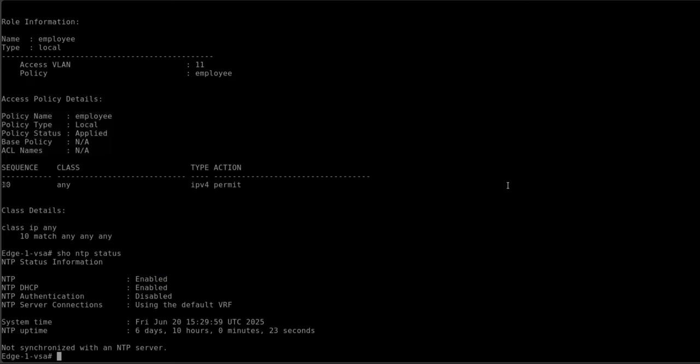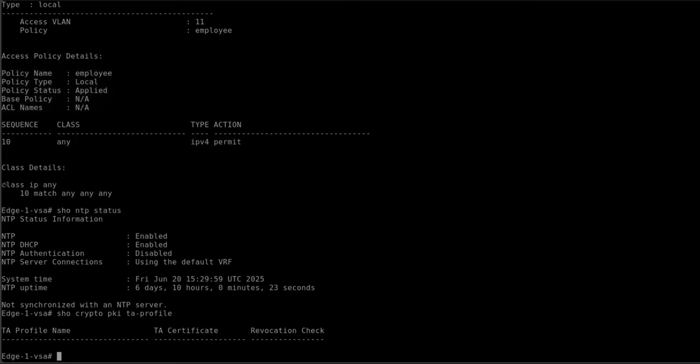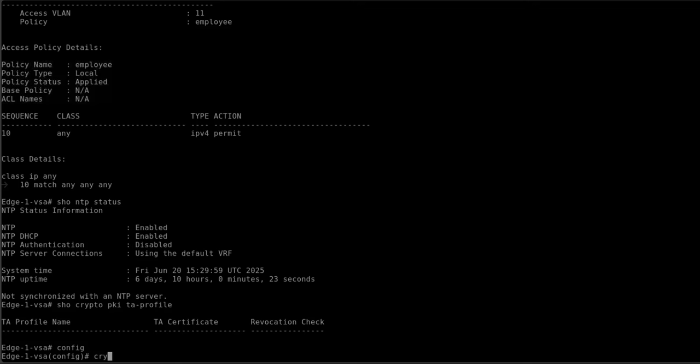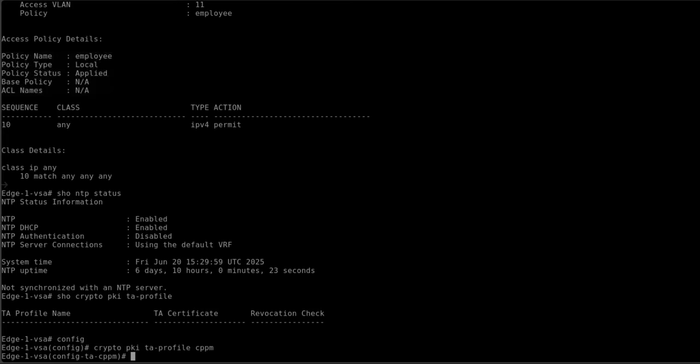Now we need to make sure that, because this is the downloadable user role, the trust relationship between the switch and ClearPass has to be established. And we're going to see the crypto PKI trust anchor profile. There's no trust anchor profile, we don't have one. We're going to create one now. So we're going to go crypto PKI TA profile. We're going to give it a name, CPPM. This is a name. Now we're going to TA